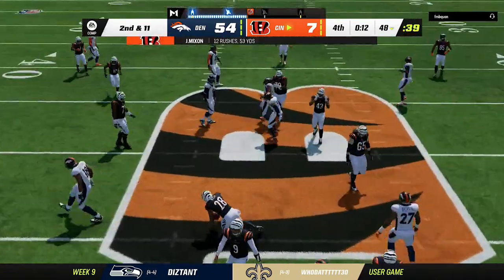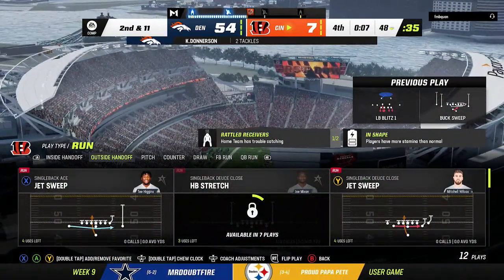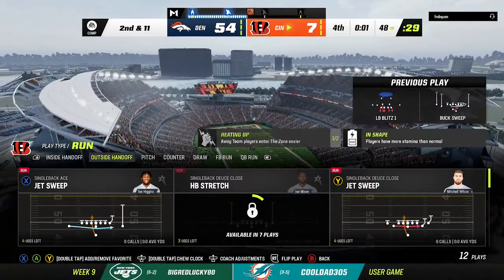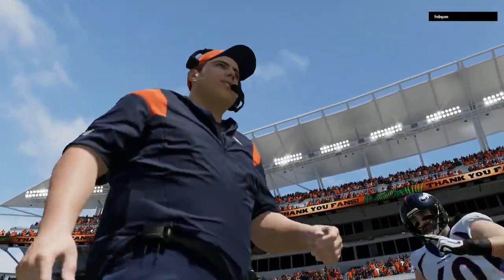Now a turn and a give to Mixon. And he is going to lose yardage here. Officially, it's a 1-yard loss. That's going to bring up second and 11 at their 48-yard line. And as this defense walks off the field, they can do